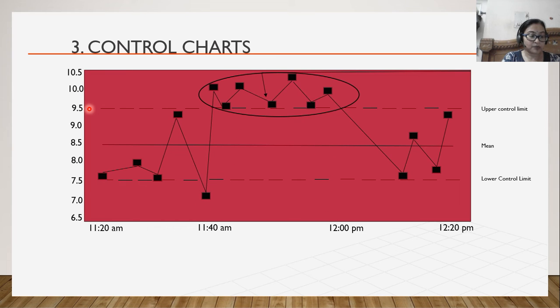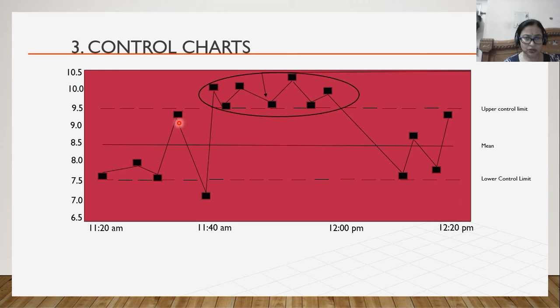Now comes this point. This is the point where we see a lot of difference in the data, as in a lot of data points fall outside of the upper control limit. So this data point and this entire process around this time, from the time slot of 11:40 a.m. to 12 p.m., is known as out of control. The process is out of control, and these points are also out of control. So these points being out of control leads to the process being out of control.